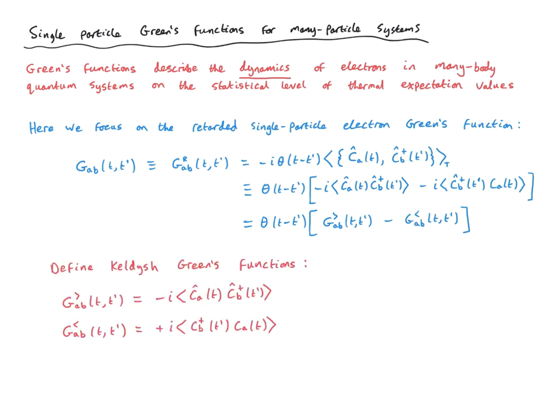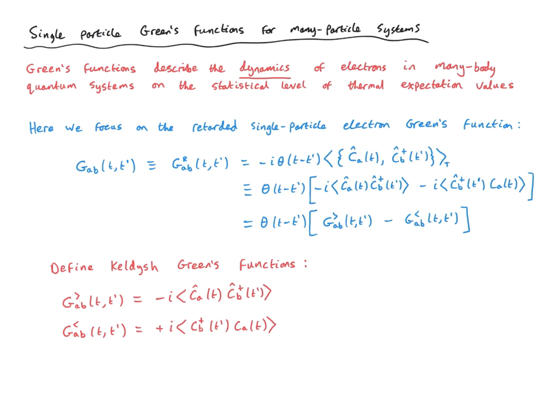Specifically, these Keldysh Green's functions are defined as G greater is minus i times the thermal expectation value of C_A(t) times C_B dagger(t'), whereas G lesser is plus i times the thermal expectation value of C_B dagger evaluated at time t' times C_A(t). Notice that in these definitions we don't see the time ordering. There is no theta function. That is pulled outside of the bracket here in the definition of the retarded Green's function. Apart from this decorative factor of minus i and plus i here,